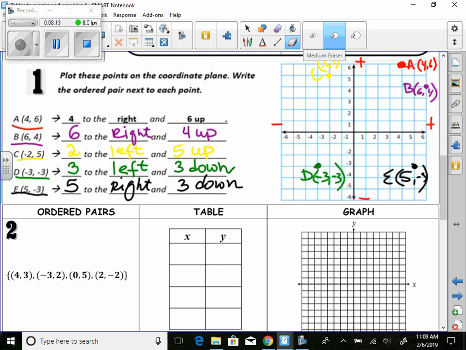Well, the bottom line is you always want to go right or left first from the origin and then up or down as your second step to plot the points on the plane. All right, so